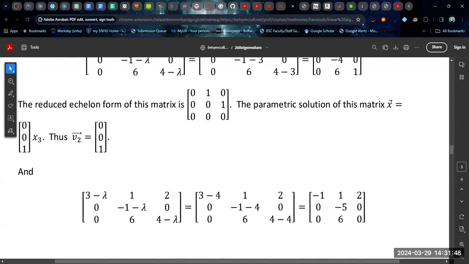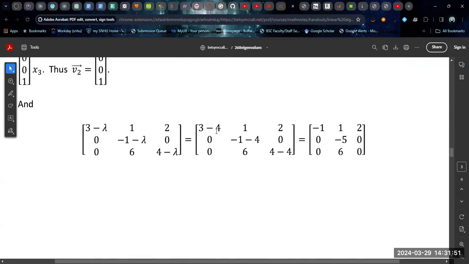And then finally, if I do lambda equals 4, then I'm going to plug in my 4. I'm going to get a -1. -1 minus 4 is -5, and 4 minus 4 is 0. I get this matrix. And if I row reduce this,